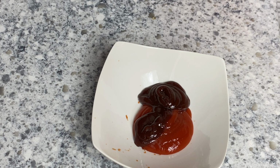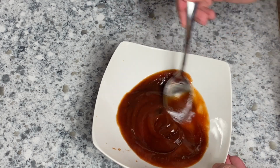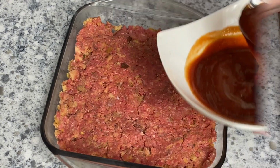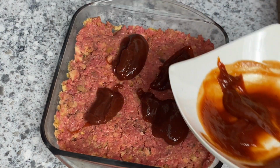One thing I did change though is I did kind of double the amount that it called for because this is one of my favorite parts. So after I stirred this together, I added a little bit more ketchup and barbecue sauce because I realized that it wasn't going to be enough for how we like our meatloaf. So now you're just going to add that over the top, and then this is going to go into a